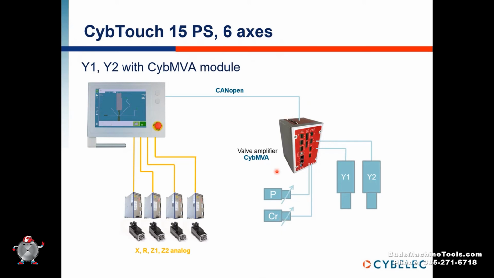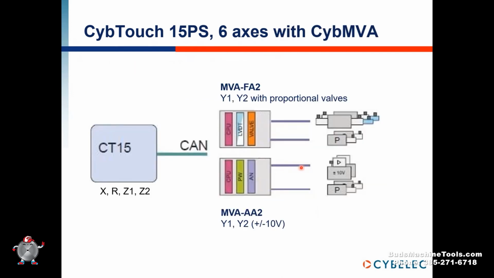Now we have different types of Cybelec because we have different requests from customers. Some customers are doing retrofit and they want to keep the amplifier in the electrical cabinet, so they only want analog outputs from the Cybelec. That's possible. In this case, we will use the Cybelec AA2. This Cybelec has analog outputs. When I say analog outputs, I mean plus or minus 10 volt outputs from the Cybelec directly to the